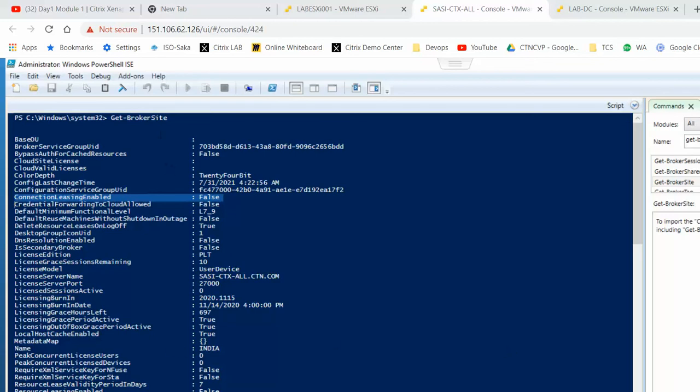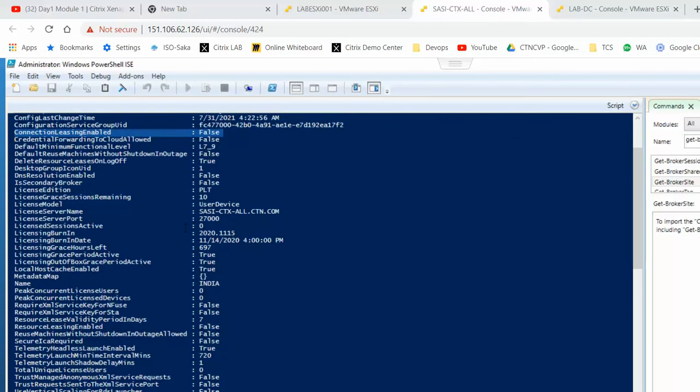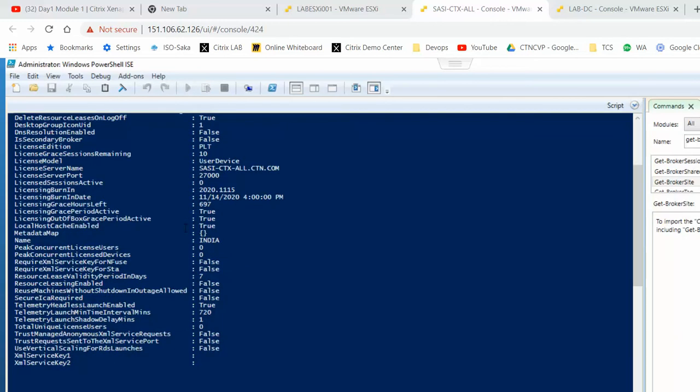Yes, the complete broker site, the entire site information. Only site means complete site information. License information, port, every information we get.